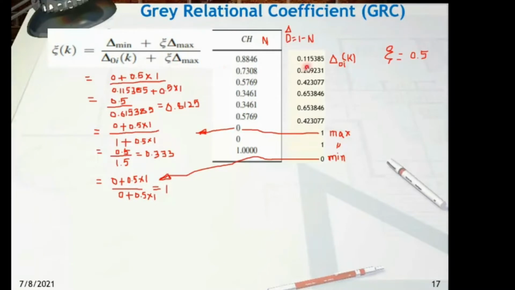So for the first element, it is 0.11535. So delta minimum is 0, eta is 0.5, delta max is 1. Means the numerator becomes always 0.5 only, right? Irrespective of different rows, different columns. And the denominator will change. So for the first it is 0.11535 plus 0.5 into 1. So 0.5 by 0.6135. So this is 0.8125. So for this one, we are getting 0.8125. Then we'll see